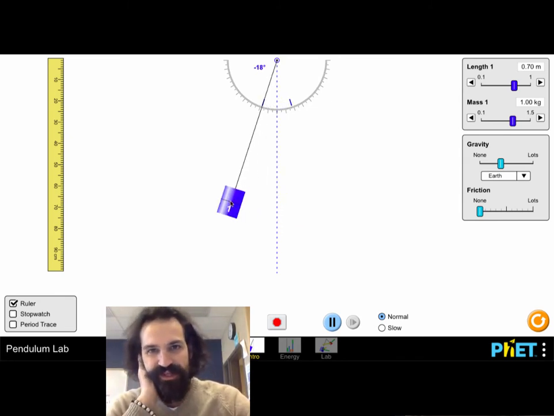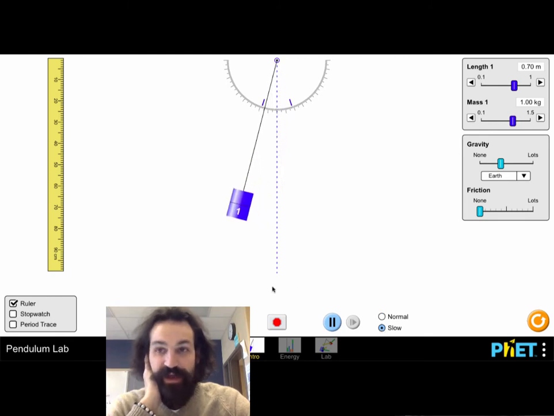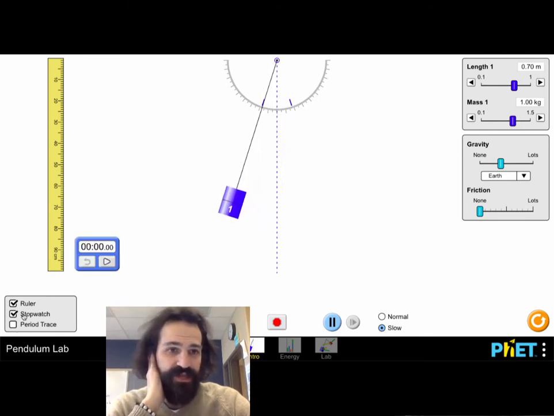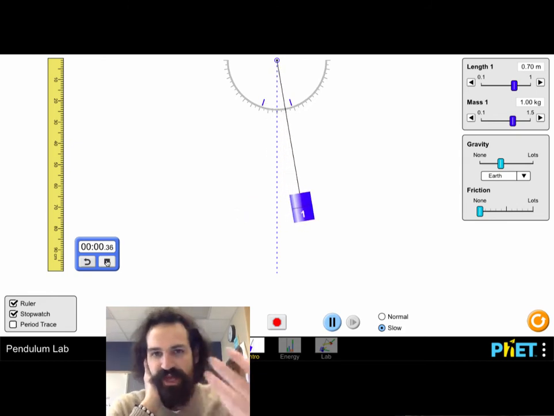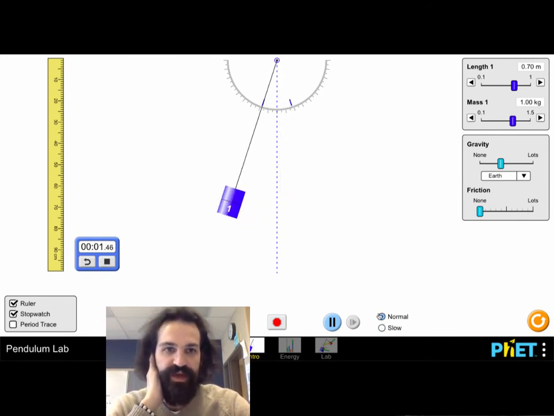Number one, to get it to swing, you just pull it to the left and release it. And if you want to, you can add a slow motion feature, and that actually will not change your stopwatch. So the stopwatch slows down with it. I don't see why you would need to do that, so I'm going to put it back up to normal